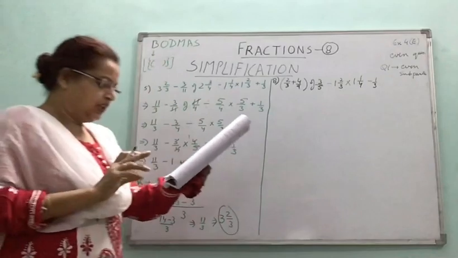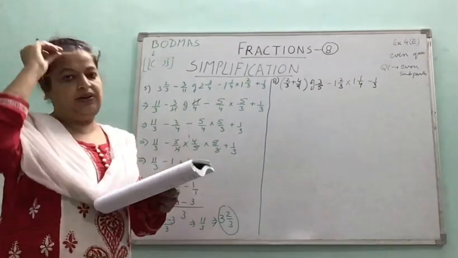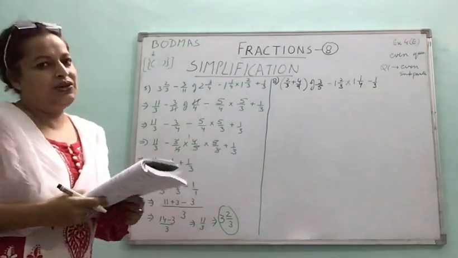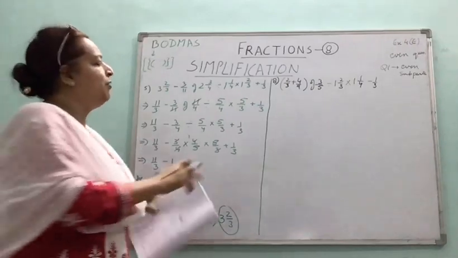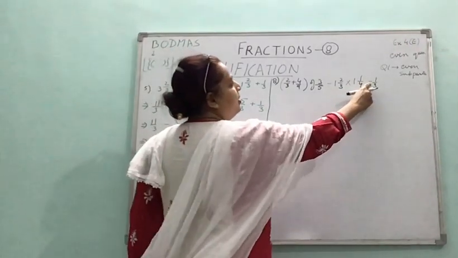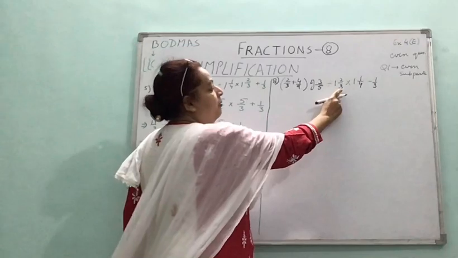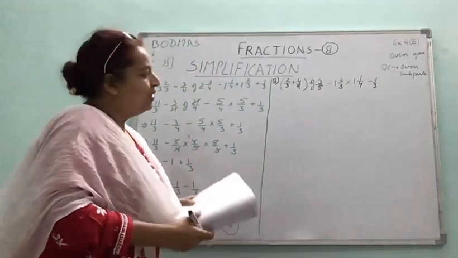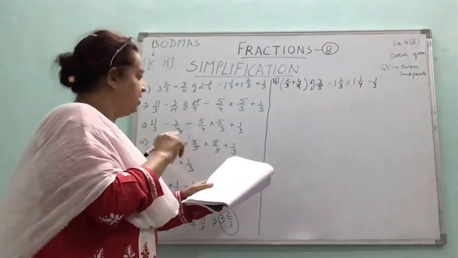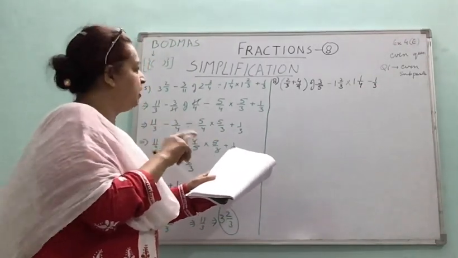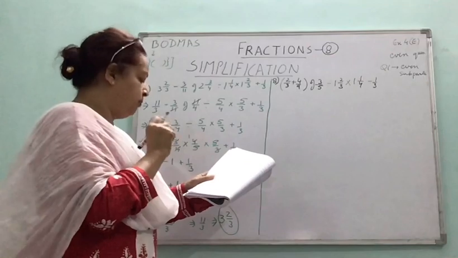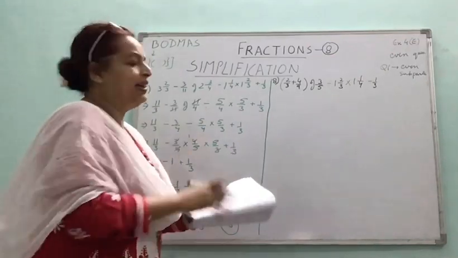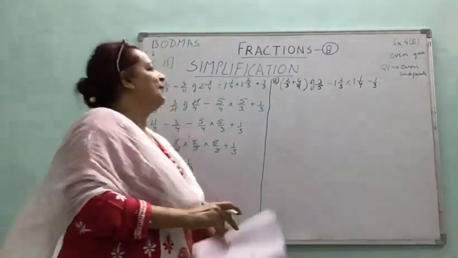First, always recheck whether the question is copied correctly or not. That's, as I said, you should always do it. In your hurry, if you make any error, maybe division, maybe you copy minus, maybe 3 or 13, sometimes 5 or 15, like that. So always check it. So I'm checking it. 2 by 3 plus 4 by 9 of 3 by 5 divided by 1 whole 2 by 3 into 1 whole 1 by 4 minus 1 by 3. Check correct. Now let's go.